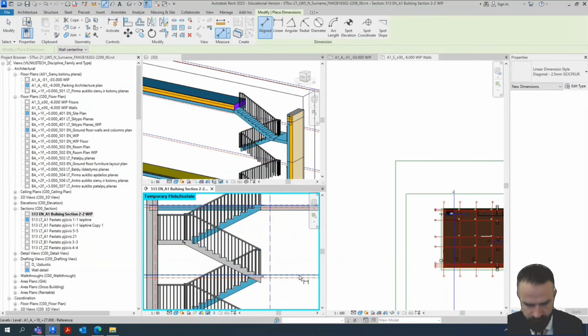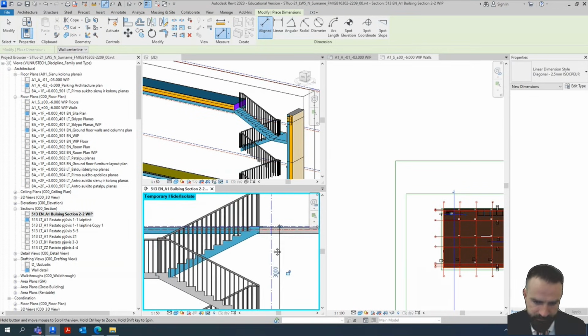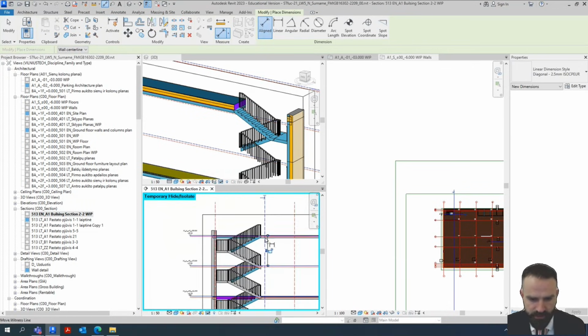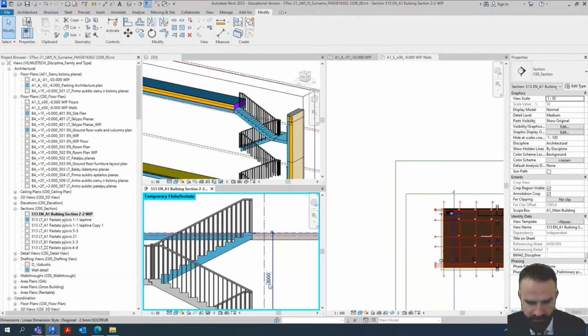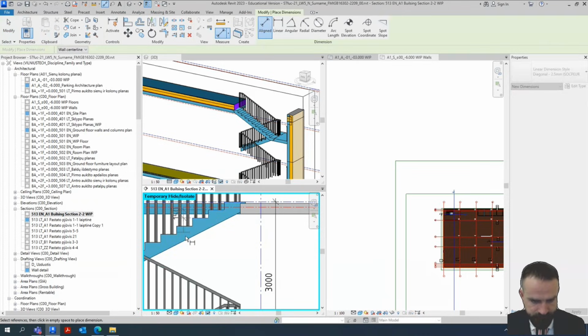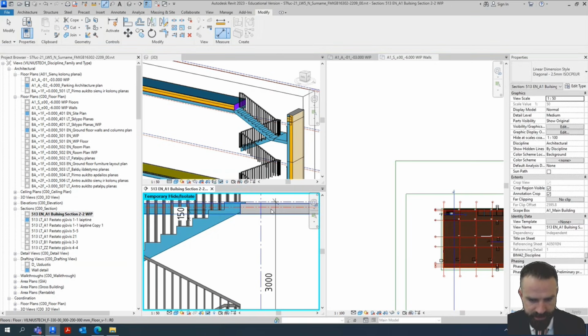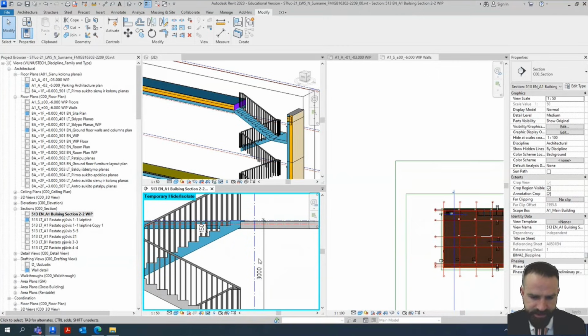So if I have 3 meters on all the floors, the last floor also should be the same height, or the difference of the height should be changed by 150 millimeters, the size of the step. So if I have 150, it means my roof configuration can change by 3 meters 150, 3 meters 300,